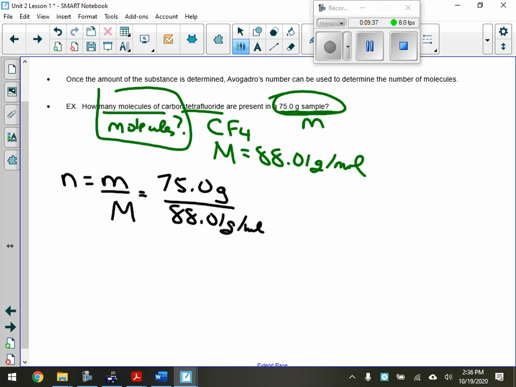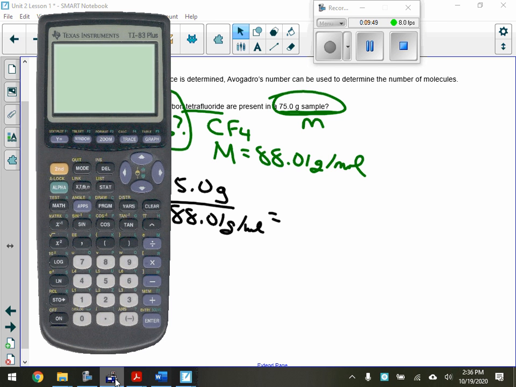How about this? Look at this. I have 2 pieces of information. I started with 1, I found the other number, and I divide the 2, and I got n. I'm at an amount, right? And when I divide those 2, I get 75 divided by 88.01, 0.852